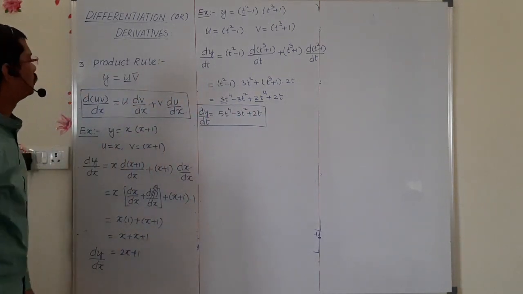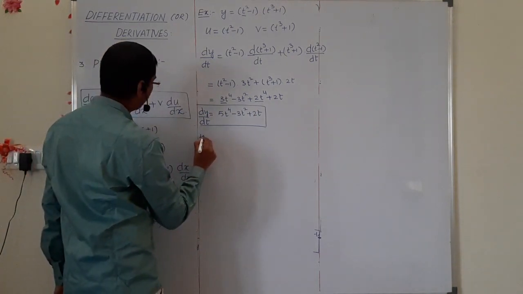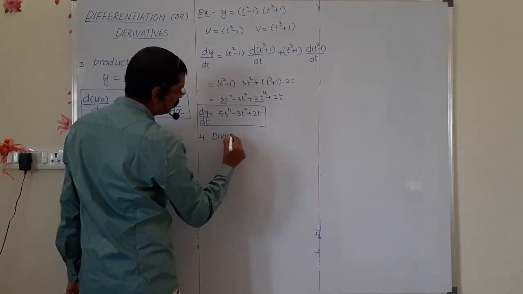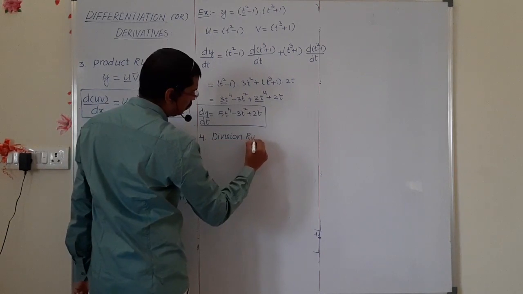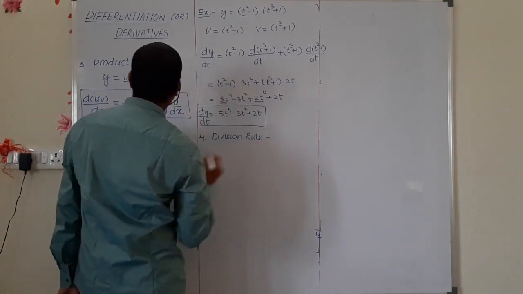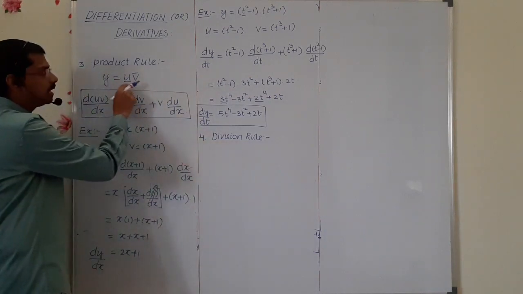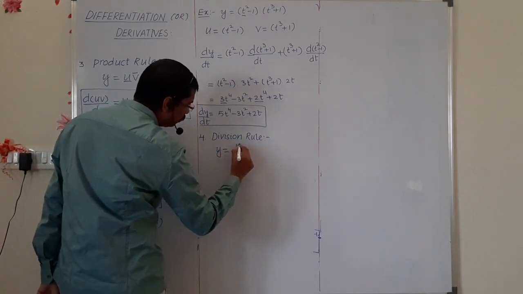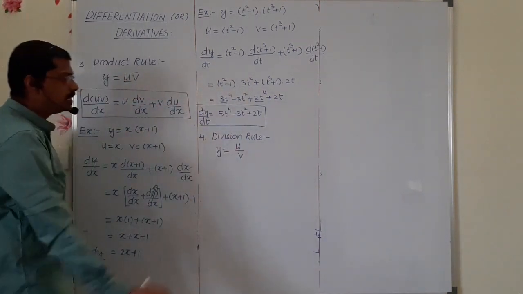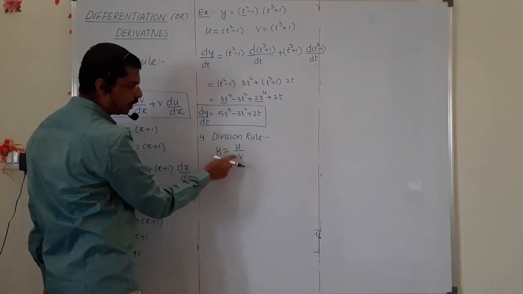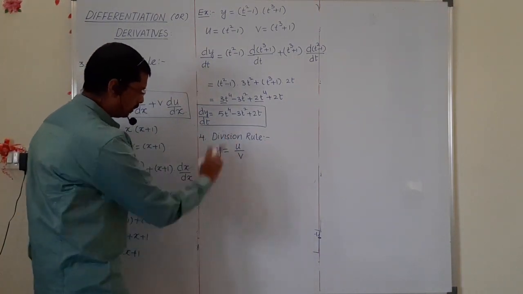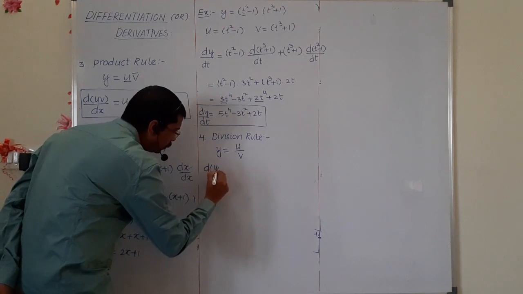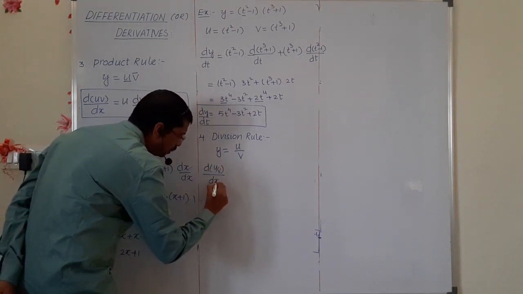It is the product rule. Then after we can take the fourth one, the division rule. What is the division rule? For example, the function is given in terms of a ratio, for example y equals u upon v. Whenever the function is given in ratio form, how do we differentiate? By using this formula we can differentiate: (v du upon dx